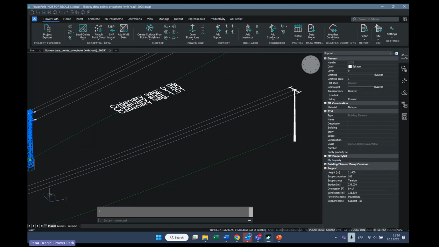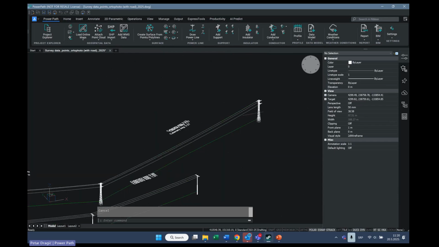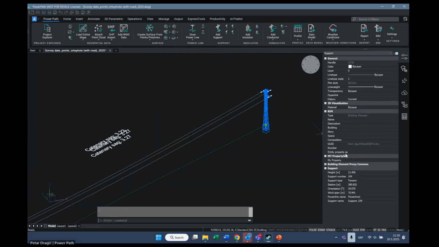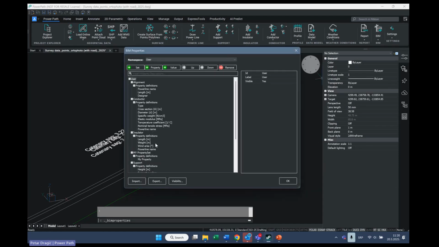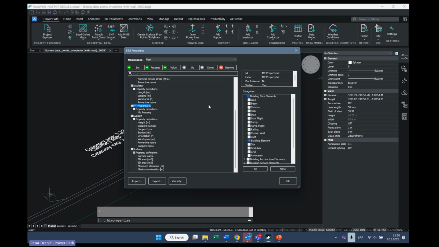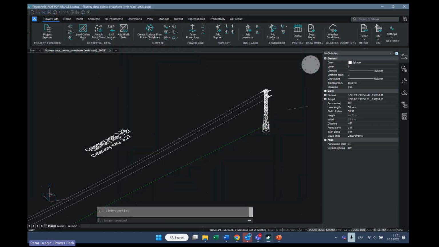Okay, and it means all of the elements now have that new or additional property set. It means on the same model, same elements, you can add more than one property set. But also here is the option, if you don't want to have this property set, like we defined My Property Set on all elements with classification building element, you need just to put here yes per instance and say OK.